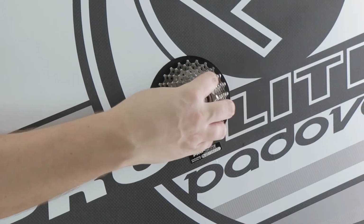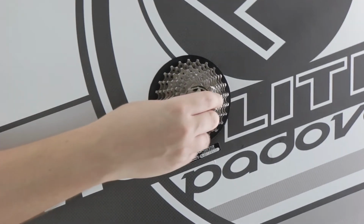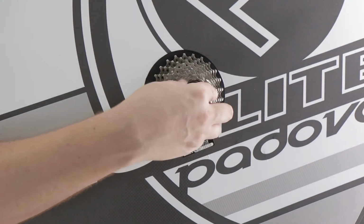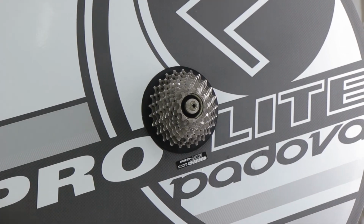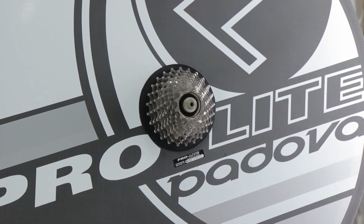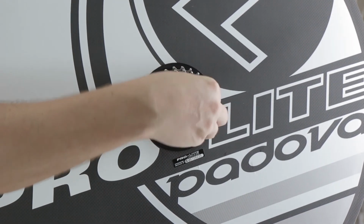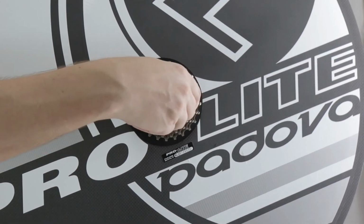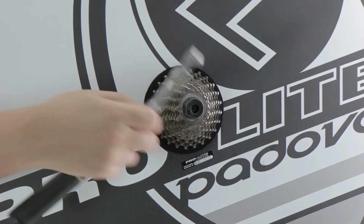So you just find the smallest part again. The last one here is fixed, so it cannot slide over the cassette. So it just sits in like so. Take your Shimano tool, your lock ring here, slide them on already. Gently turn back and find the thread. Work your way through. Take your adjustable spanner or Pacific wrench